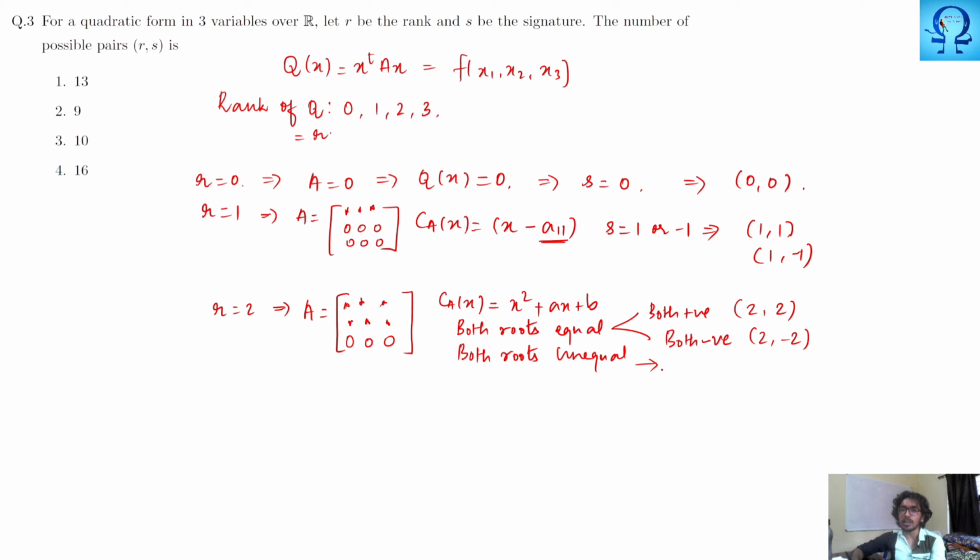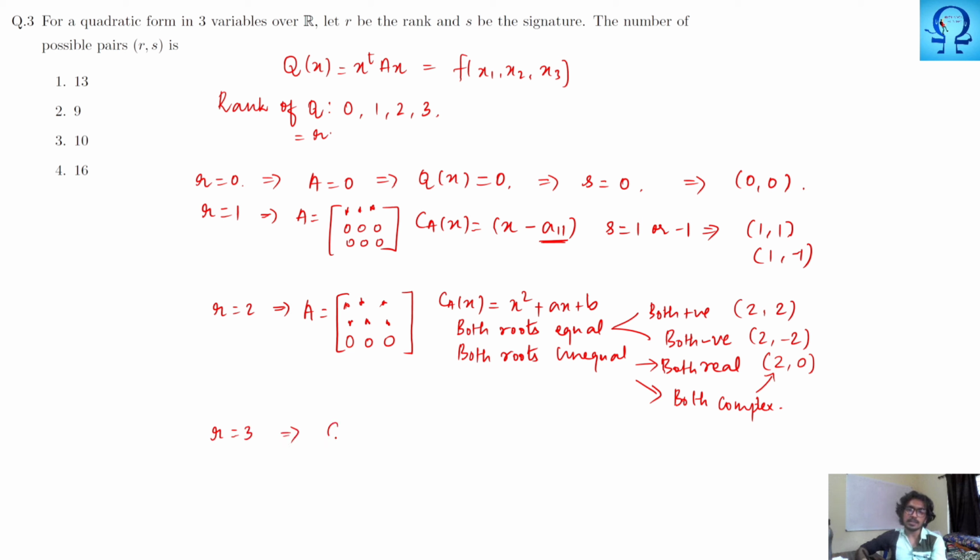When both are unequal, then we will have the possibility both real and both complex. This is also possible, right? When both are real, then again both can be positive or both can be negative. In that case, we'll end up with the above two pairs itself. If one is positive and one is negative, then we would have 2 comma 0. When both are complex, then also we do not have any positive or negative thing. So then also we will have to consider this 2 comma 0 case only, right? And when r equals 3,